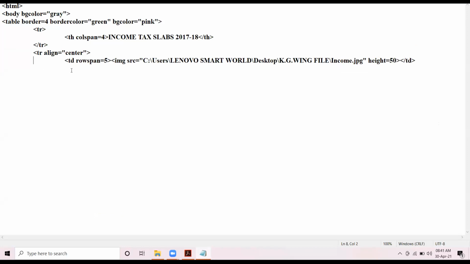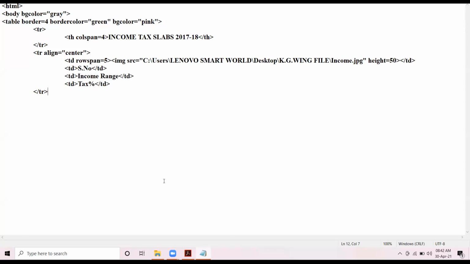So we write here the next TD cell: TD, serial number, TD close, then TD, income range, TD closes, and the next cell, tax percentage, and TD closes. So this closes this row.